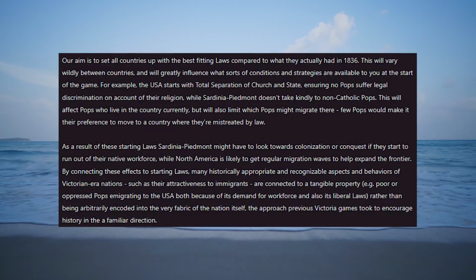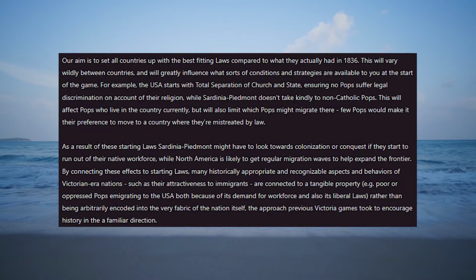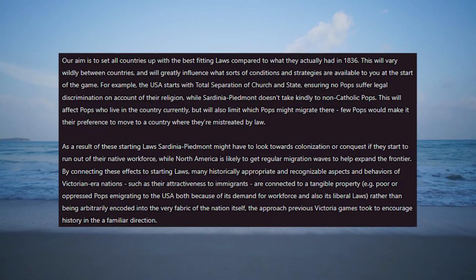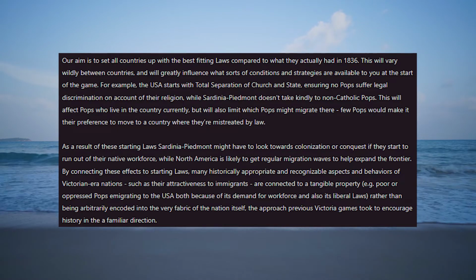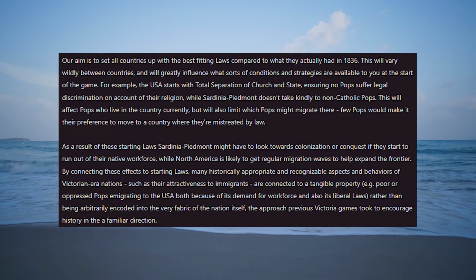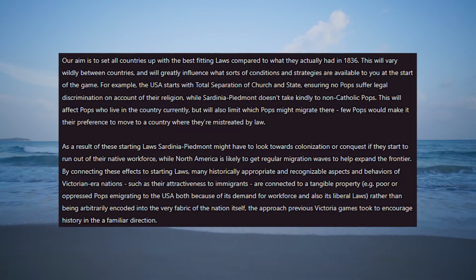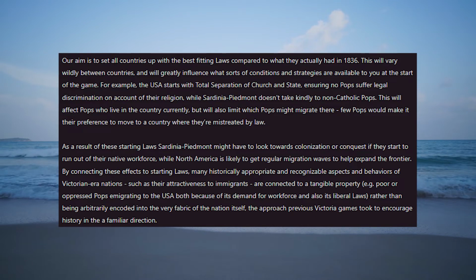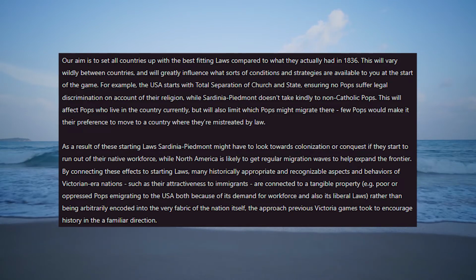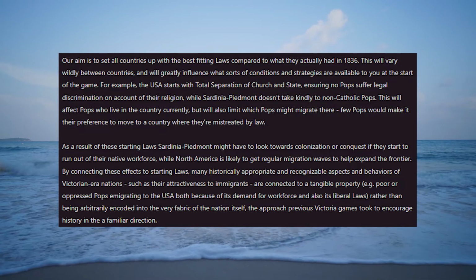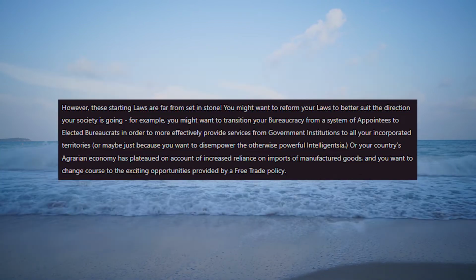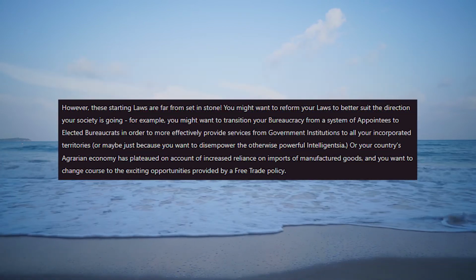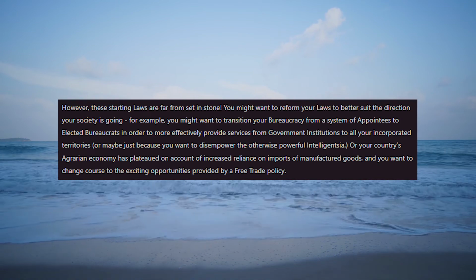The game's beginning will see each country's laws set to reflect the real-world policies of their 1836 governments. The USA's separation of church and state may lure immigrants seeking to leave their not-so-progressive homes. As such, some countries may be motivated to conquer or colonize in order to build a workforce, rather than changing their laws to snatch up other nations' displeased pops. That, however, is an option. Laws are not set in stone, and you can attempt to shape your nation in a plethora of ways.